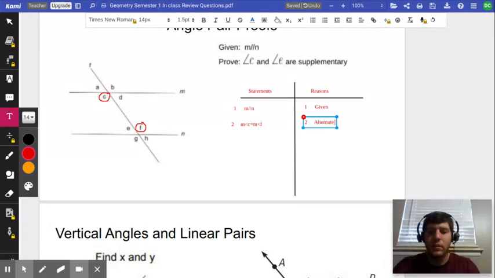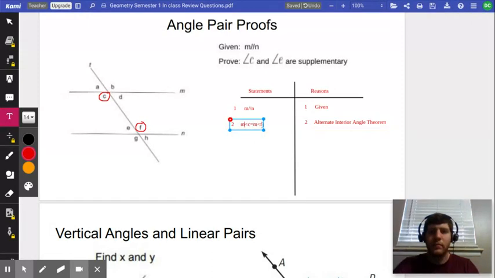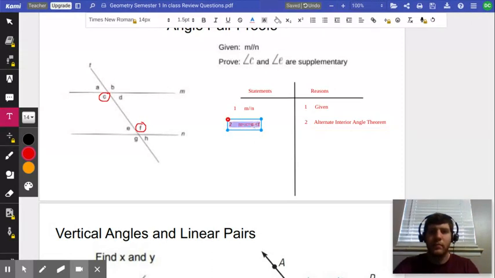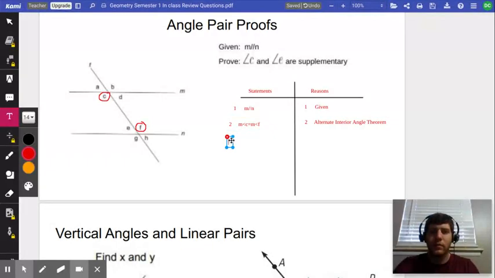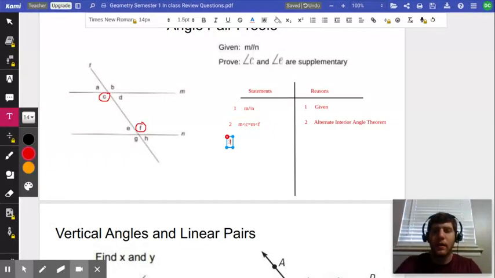Alternate interior angle theorem. All right, and then F, we're trying to get to E, so if we go from F